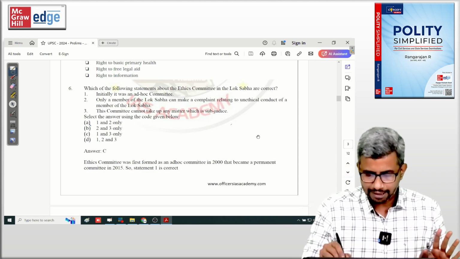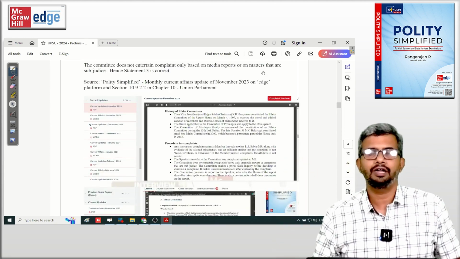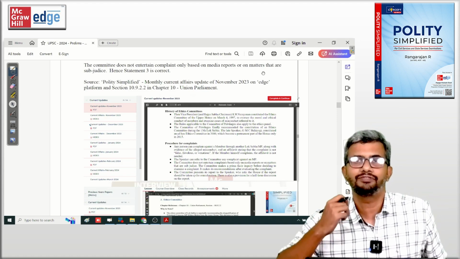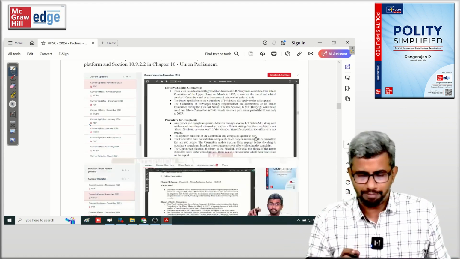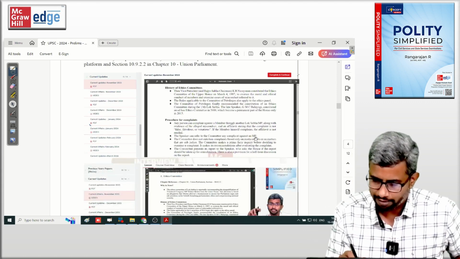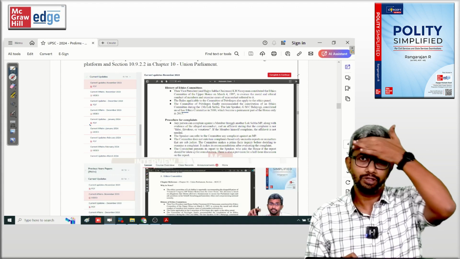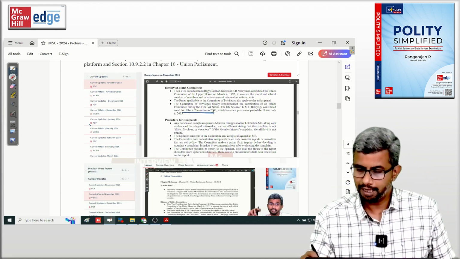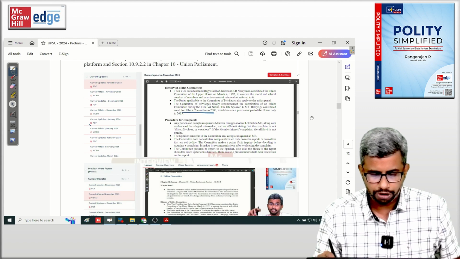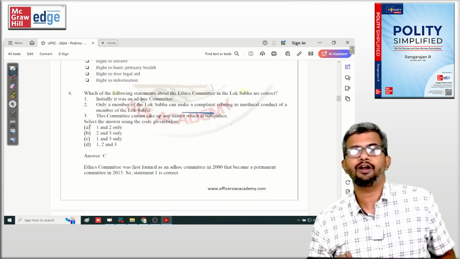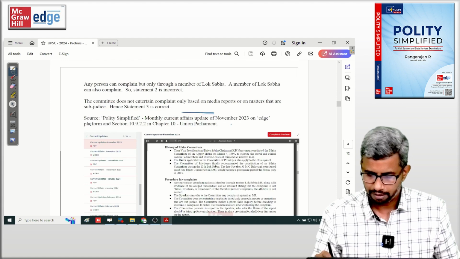Guys, and this is the snapshot of the Polity Simplified book, just for your reference. Look at this. This is the November 23 current affairs update, and I have discussed it was an ad hoc committee formed in 2000 originally. So first statement is correct, right? Because the question says it was originally an ad hoc committee. Initially it was an ad hoc committee, which is a correct statement. In 2000,